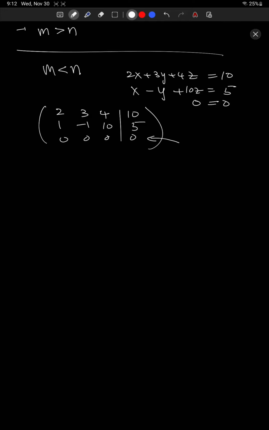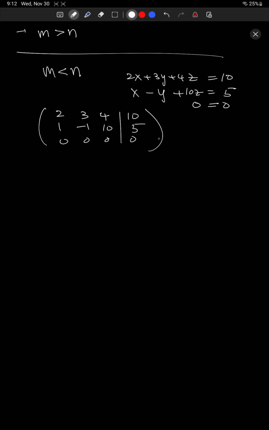All right. Okay, so the point here is that number one, if you have fewer equations than unknowns, you can still solve it in the same way that we've been solving equations. And point number two is that because this last row is all zeros, it means that usually there's going to be a free variable. All right. Okay, I'm going to say a couple more words about that in a few minutes, but before we move on to the m bigger than n case,